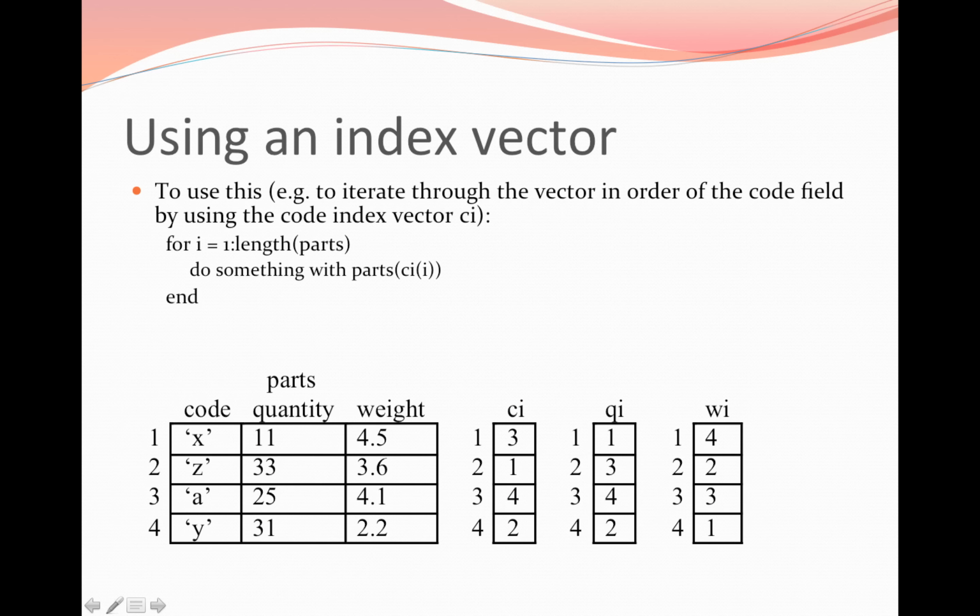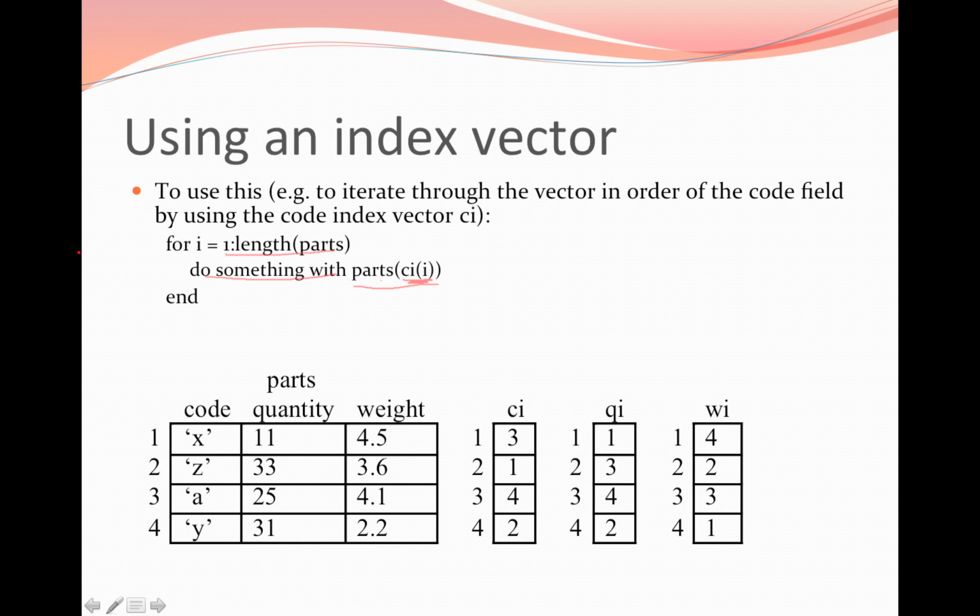Once you've created an index vector, how would you use it? So here we have a for loop that's going to loop through all of the elements in our parts vector from 1 to the length of parts, and the action is going to be to do something with parts sub ci sub I. So notice here using the index vector to index into the original vector. So when I has a value 1, ci sub 1 is going to be 3. And so we're doing something with parts sub 3. So the first